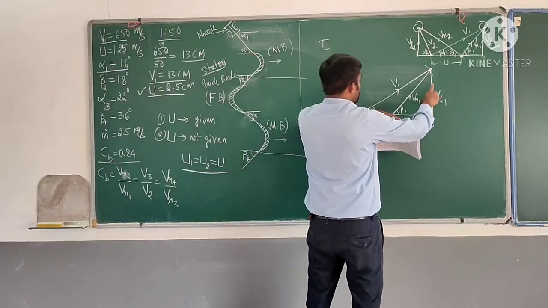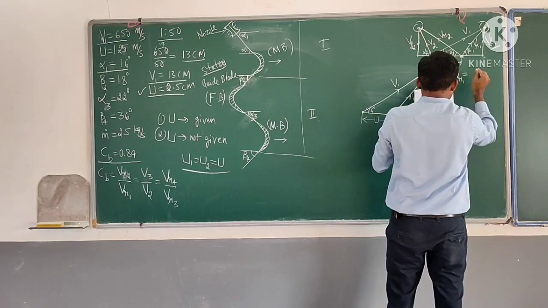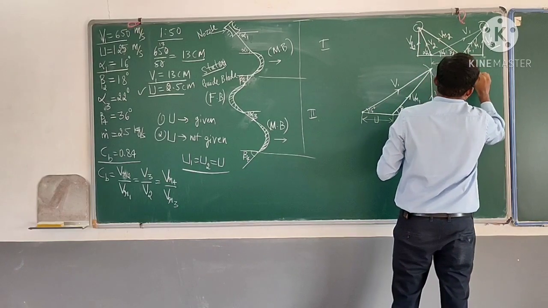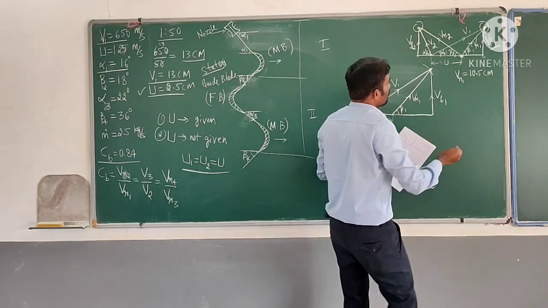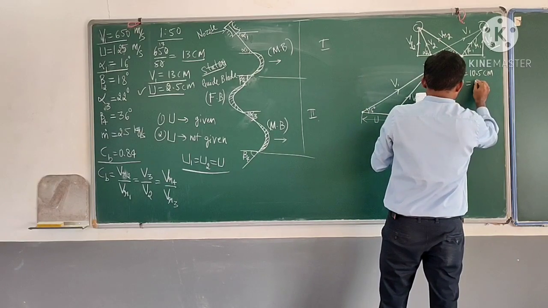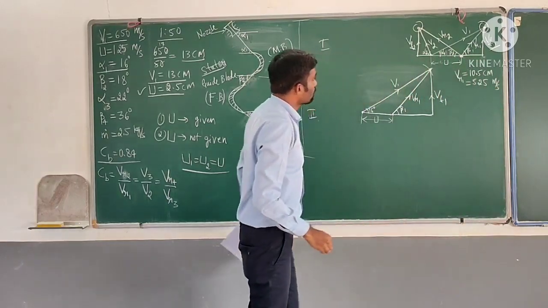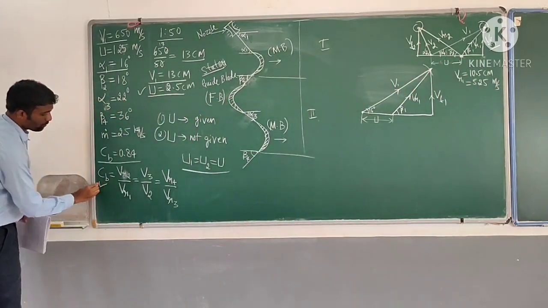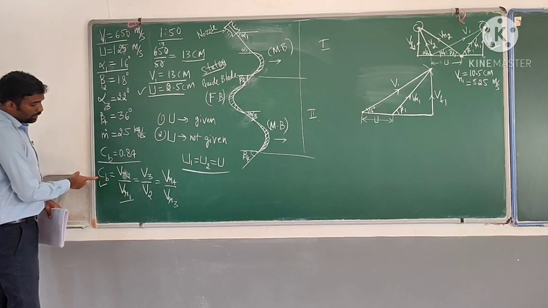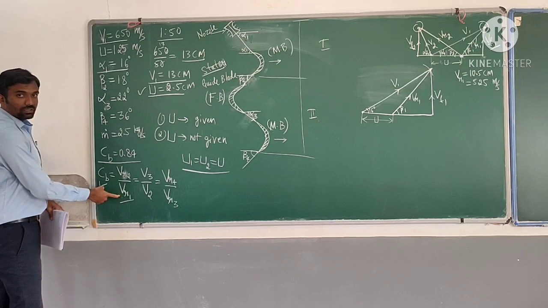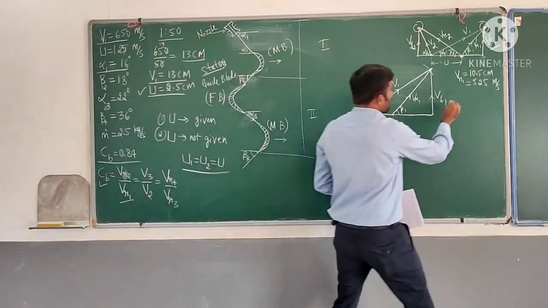Again, you can measure this length. So already we have done it. The length of VR1 comes out to be 10.5 centimeters. If I convert that in meters per second, it is 525 meters per second. Then I will be using this formula. Once I know the value of VR1, I will be using CV, which is VR2 by VR1. I know the value of CV. I know the value of VR1 from the velocity triangle. I will get to know the value of VR2. So that is already calculated.